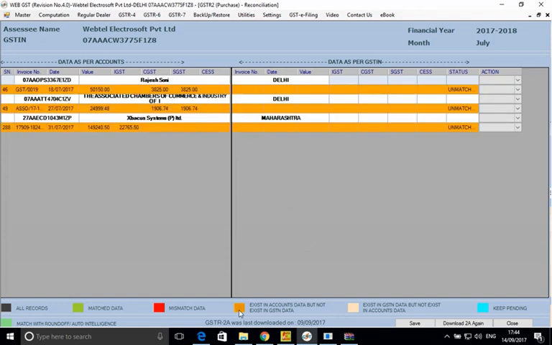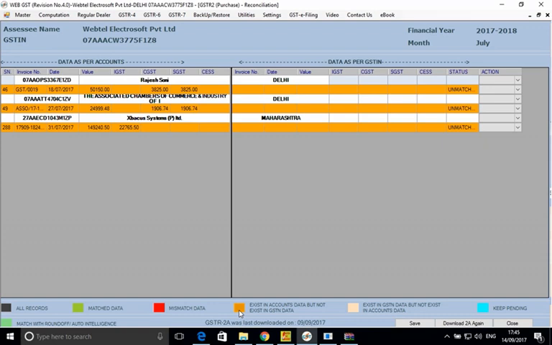This is the yellow colored one, the mustard colored one, you can see exists in accounts but does not exist in GST. Now there could be cases where the supplier has filed the return, but either he might have not filed the return, or if he has filed the return, he has missed this invoice, or if he has put in this invoice, the GST number may be incorrect. In all these cases, the data will be there as per accounts, but it will not be there as per GST. So I will have to add these invoices here,